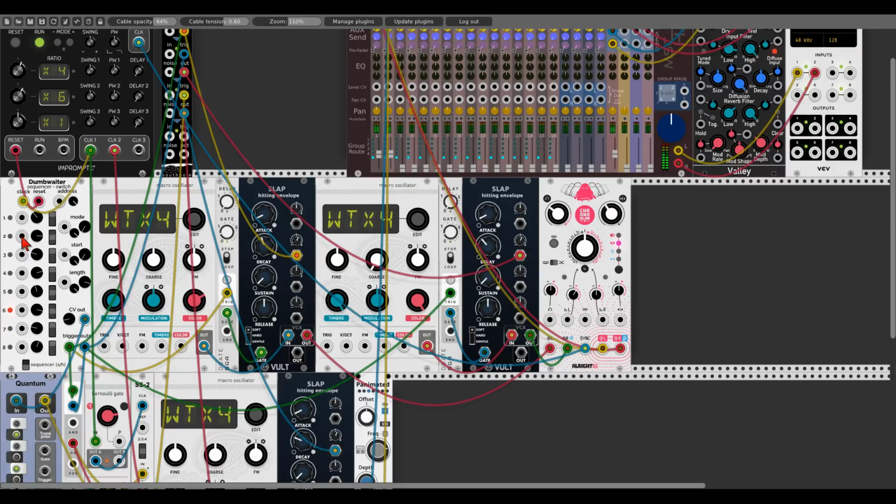So each of these inputs is a sample and hold input, and the signal, or let's say the pitch information that we will use now, will go in one of the inputs, and with each clock it will be sampled. So we can use, let's say for step number 7, a random signal. So let's use another sample and hold. This sample and hold will be triggered from our clock, multiplied by 4, and it will go to step number 7. And now this knob here is an attenuator,